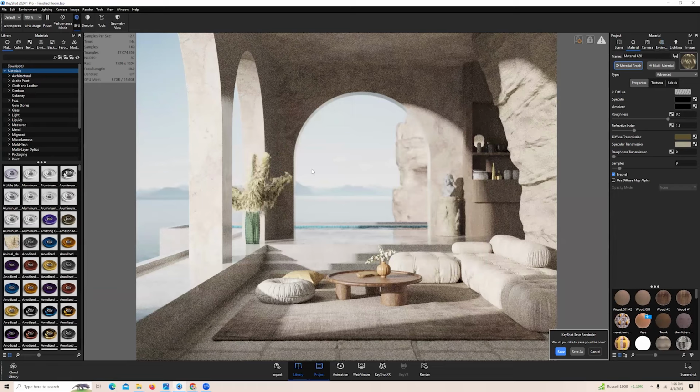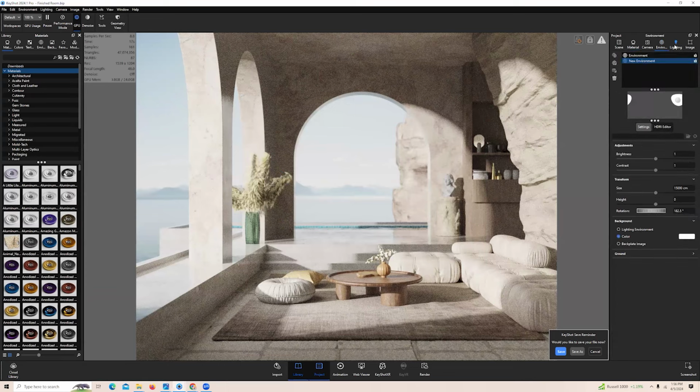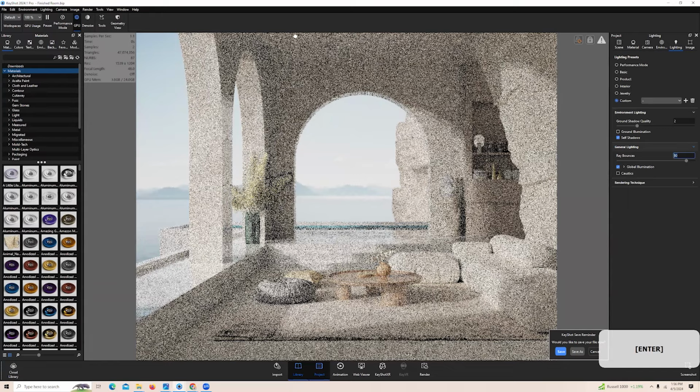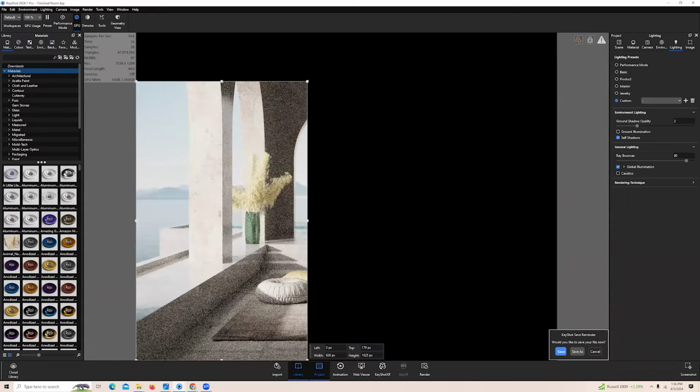And one thing I want to take note of is you need to go into your lighting section and then just change the ray bounces. I think by default it's like 12 or 16. We need to crank this way up. And you can see now if I hit Control Shift R to sort of navigate to a render region,